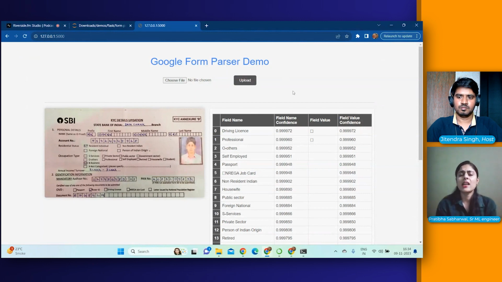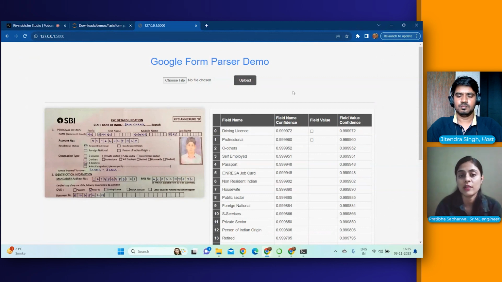But let's say if we are going to use a standard schema or a particular form type, then we can just fine tune it to better extract the data from it, so it will perform better. Okay, but this is at present for general use, any kind of document can be passed to it. So it is not specifically made for one particular form, but it can be made specifically for